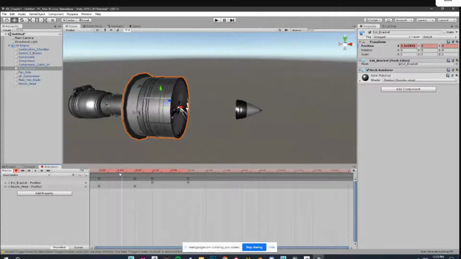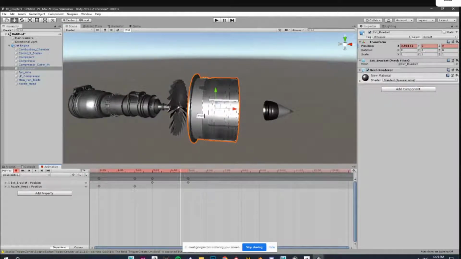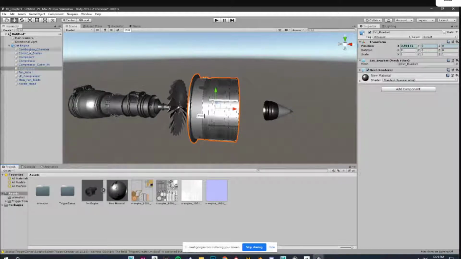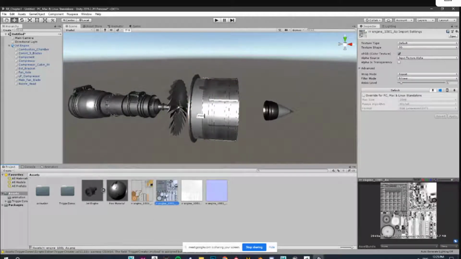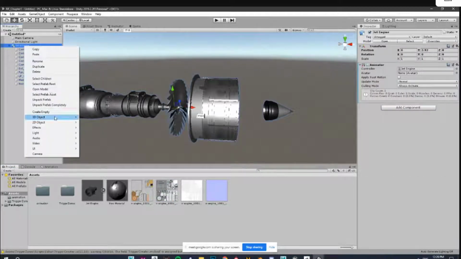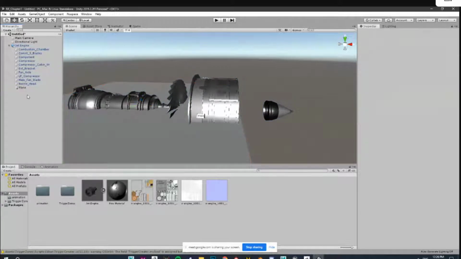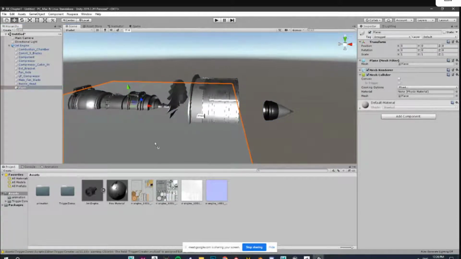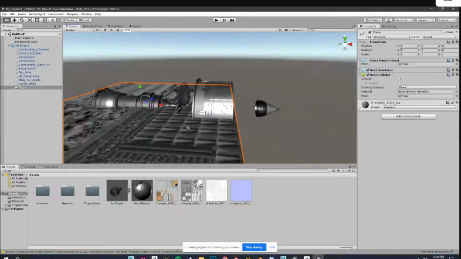Similarly, if you have images which you have to show, those images also have to be part of this particular game object. Let's say this particular image has to pop up. So what I'll do is I right click, create one plane, and in this plane I'll drag and drop this image.